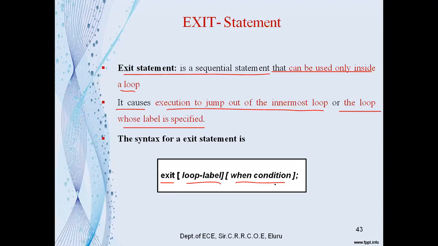And you can also put a condition. So when the condition is met, it will come out of that loop. It will exit from that loop here. So this is a very simple syntax. Exit, loop label, when condition. So that's why square brackets ఉన్నాయని ఎప్పుడు ఏం చెప్తున్నాము, ఆప్షనల్ అని చెప్తున్నాం. If the user wants, he can use it. Loop label when condition. మనం చూసిన ముందు ఎగ్జాంపుల్లో మనం ఏం చెప్తున్నాము, ఓన్లీ ఎగ్జిట్ వాడాం, అవునా కదా?